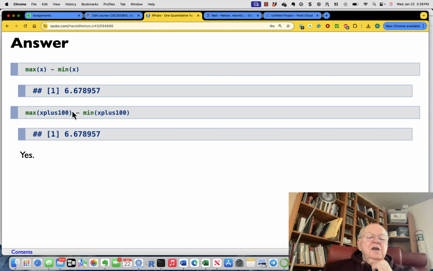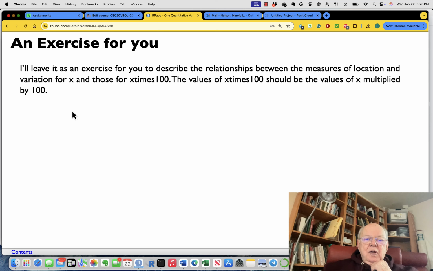Yes, it is exactly the same. So these things are good measures of variation. And here's a little exercise. What you should